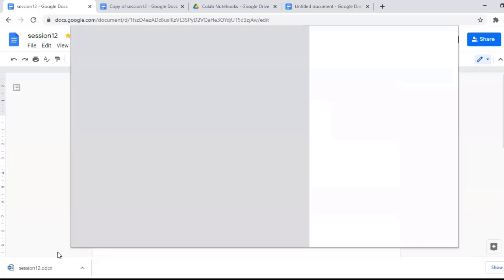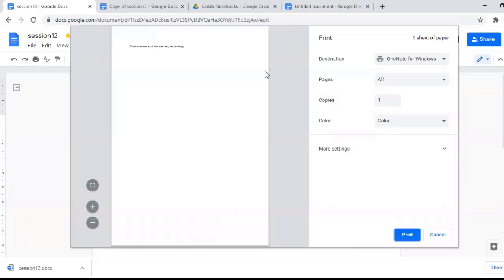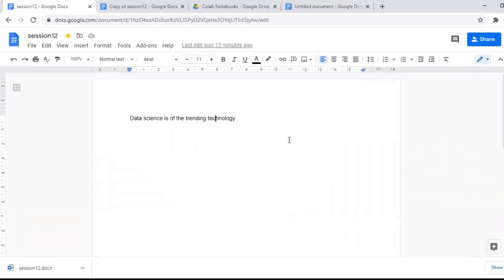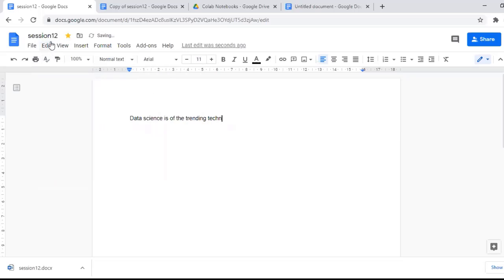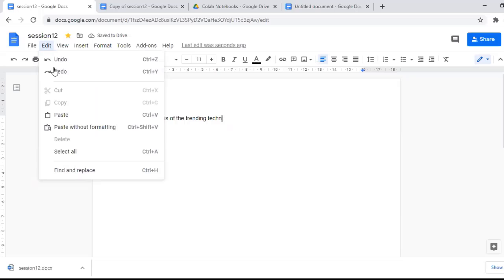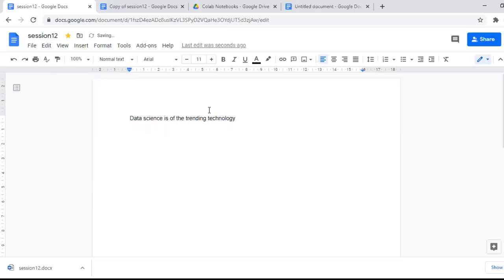And print is nothing but if you want to print the document, you can print. This is how we perform all the functions, tools, or menus in the file module. And coming to the edit, you can see there is undo, redo. As I told you in the previous session, if you click on undo, it will show that, and if you click on redo, it will show the before and after operations, right?